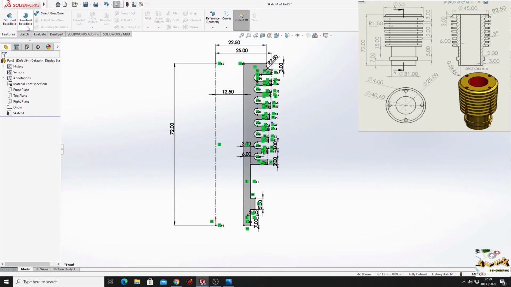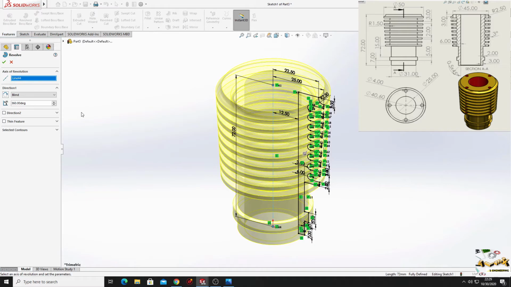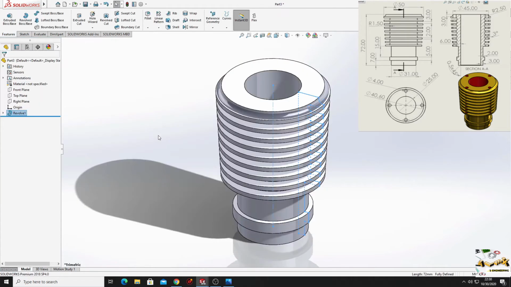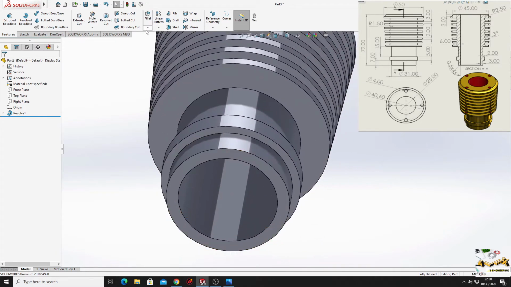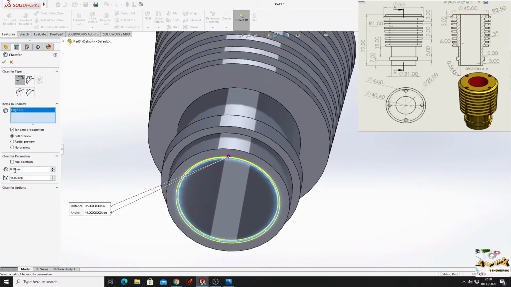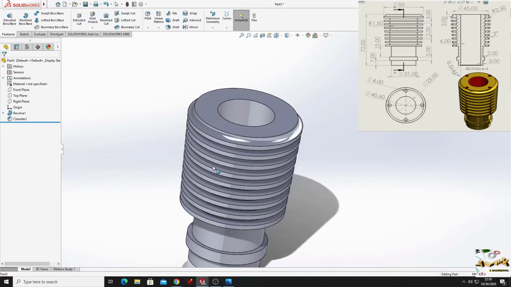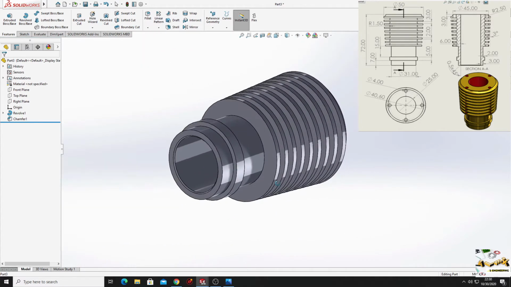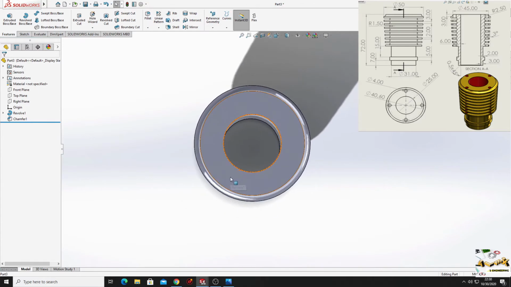We'll go to features, we'll use revolved boss base, we'll select this center line and we'll press OK. This part is almost done. Now we'll use chamfer from fillet, we'll select this edge and here we'll put 0.5 millimeters and press OK. Now we still have to make these 4 holes here on top of the cylinder, so select this face, open a sketch,